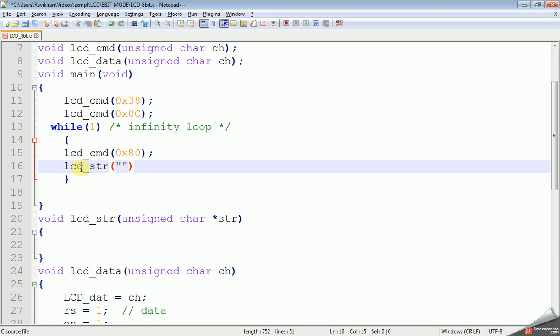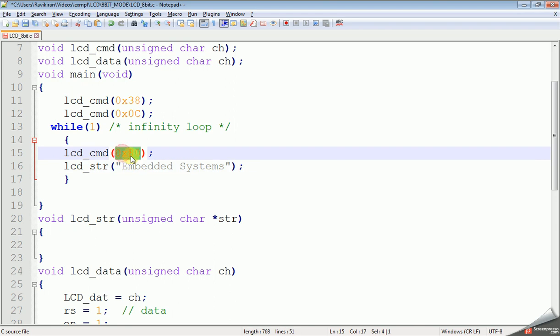I want to display something like "embedded systems" in the first row. In total we have 16 characters here, so the first row is enough to write this.